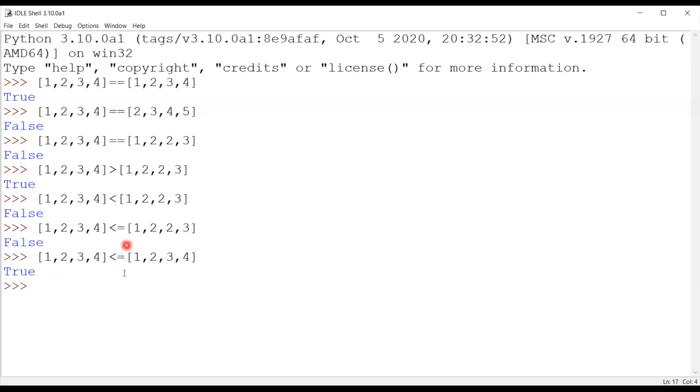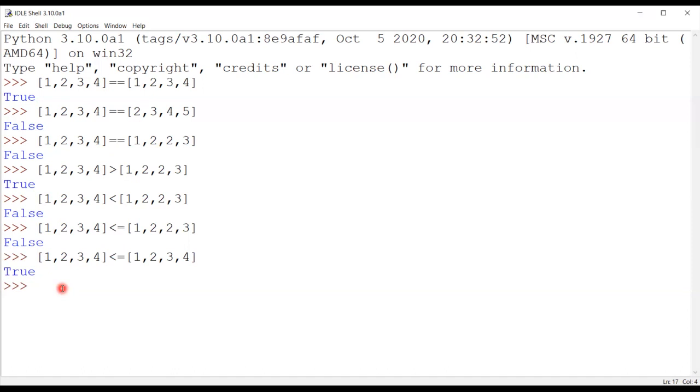So at least either of the operators is working: either my less than will work or my equality will work, and I'll get the result as true. But if neither satisfies the operation, then I will get the result as false for sure.